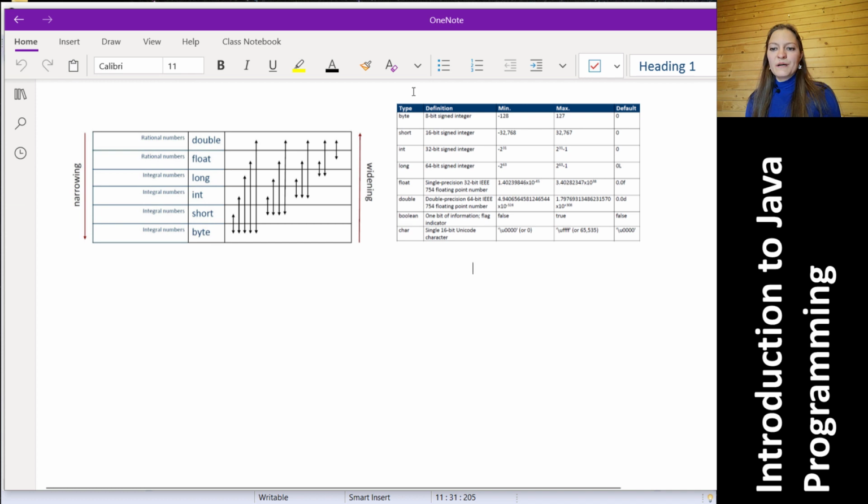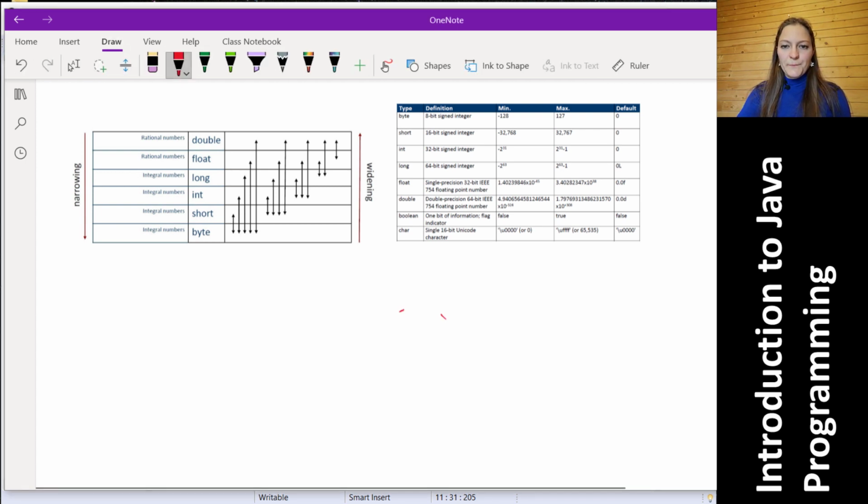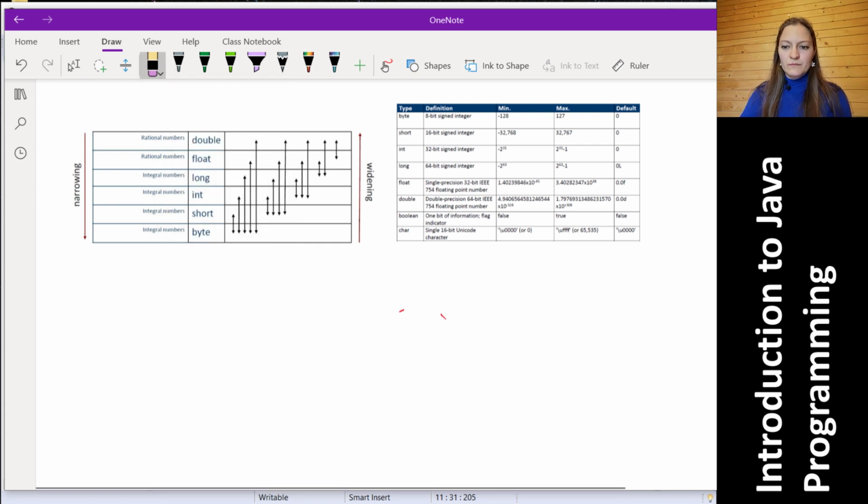These are our variables, and you see here, just for you to remember, how much memory is allocated to all those variables. And here is a summarization for narrowing and widening conversion in both directions. So let us come back to our